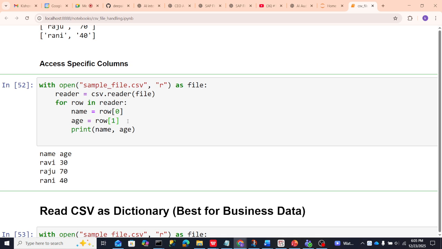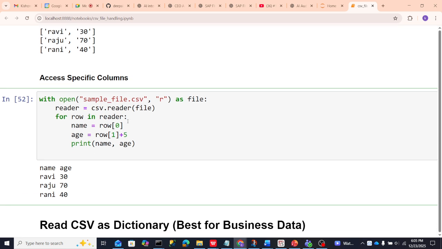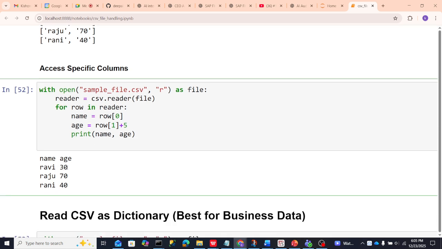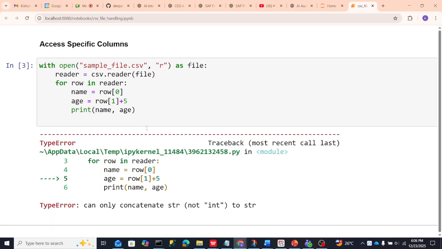If you are accessing the rows by using column names, maybe you can do some manipulations on the data. Let's say age I want to increase by 5 years. So initial age for Ravi is 30, Raju 70, Rani 40. You can do some manipulations on this. So here I am adding 5 years. So if I run this,